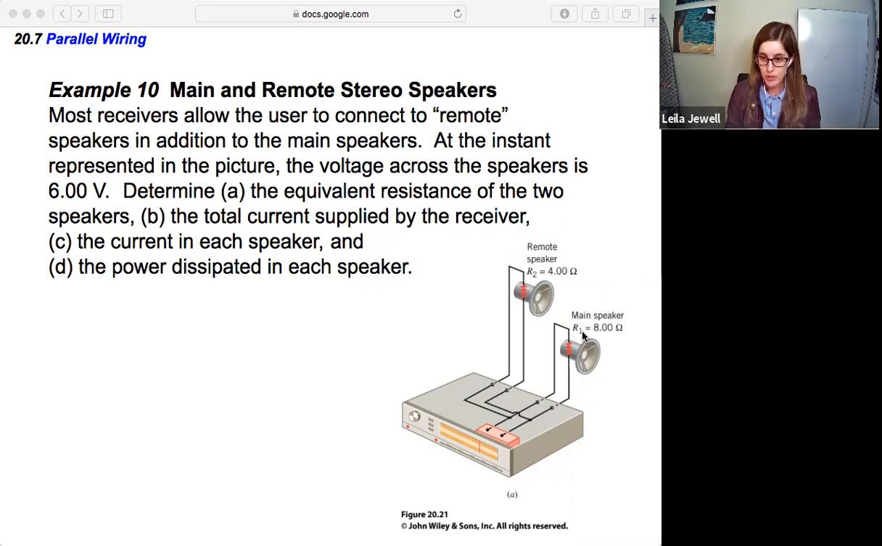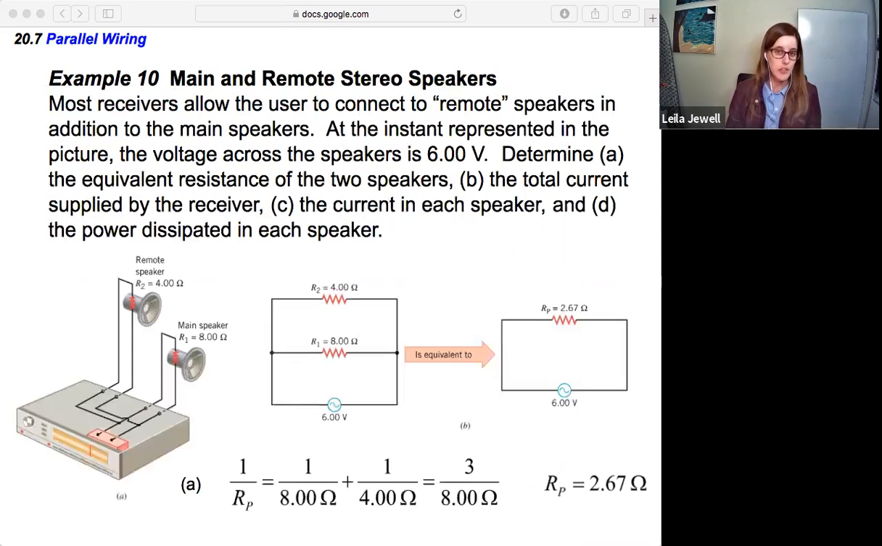R2 is 4 ohms, R1 is 8 ohms. So if we draw a circuit diagram for this, we could have our AC generator that is 6 volts connected to R1 of 8 ohms, R2 of 4 ohms, and we want to get to an equivalent circuit that's just one resistor. So we can note that 1 over Rp is equal to 1 over 8 ohms plus 1 over 4 ohms. Now if we add this together, we'd find that it's equal to 3 over 8 ohms,